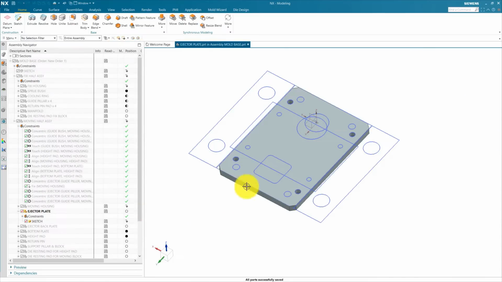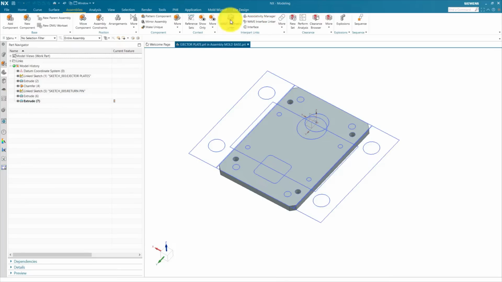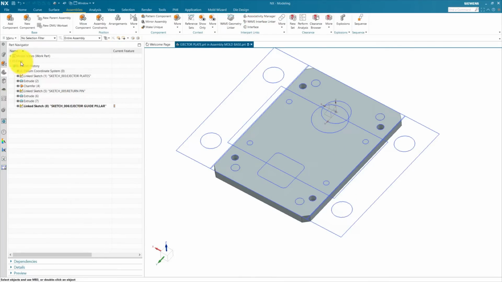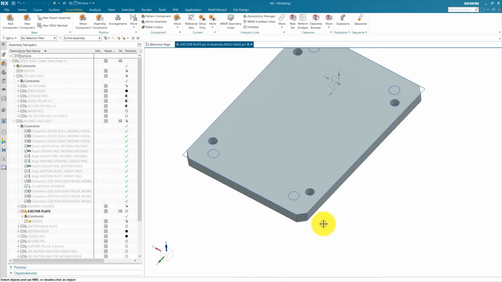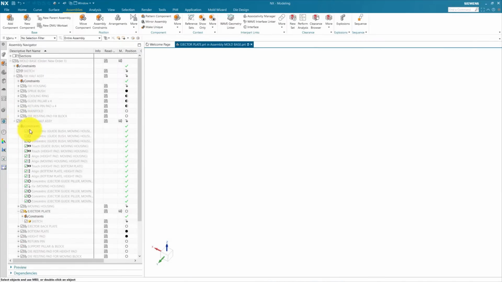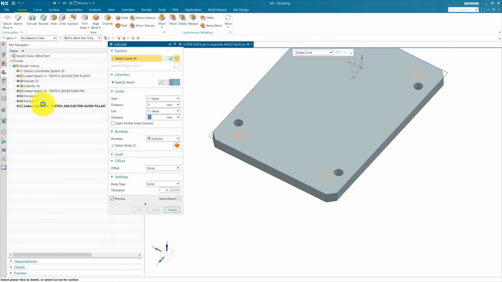We also need to add an ejector guide pillar or bush sketch inside our ejector plate, so we can fit ejector bush inside that hole. We are going to part navigator, go to assembly and link this sketch which is used for ejector guide pillar. Hide this sketch part. So our moving housing in this direction. We're going to use extrude, select this sketch.